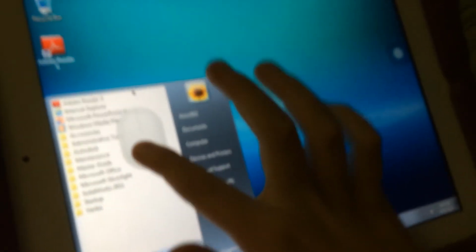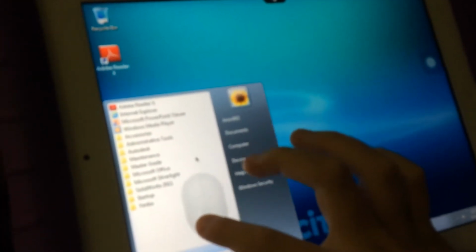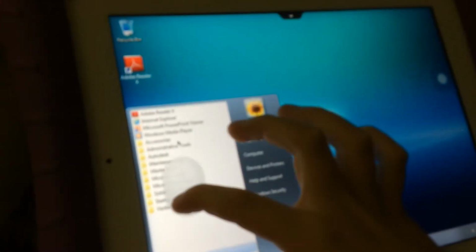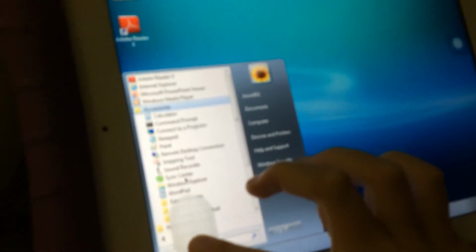Let's try to go to Start, All Programs, or Programs if you're on Windows 95 or 98 or 2000 or XP with the classic Start menu. Go to Accessories. You'll find both document editors: Notepad, which is a simple text editor, and WordPad, which is